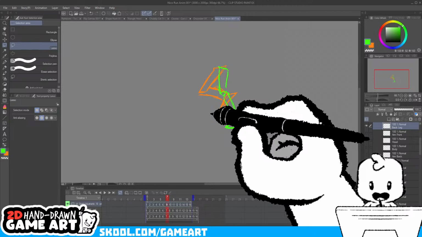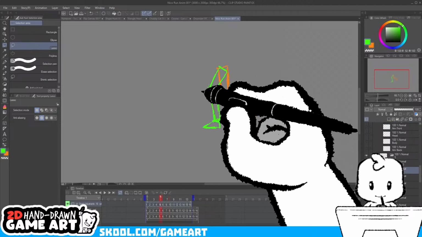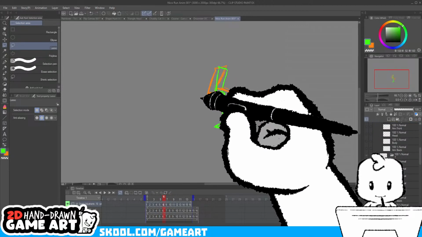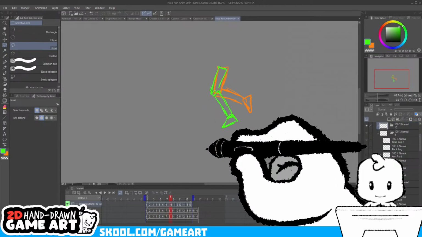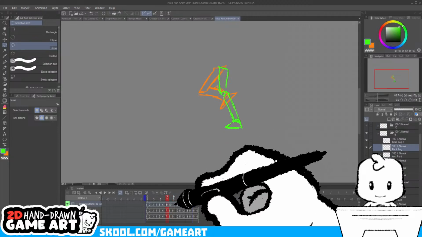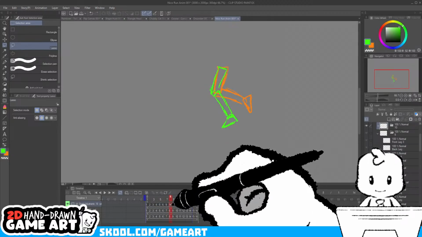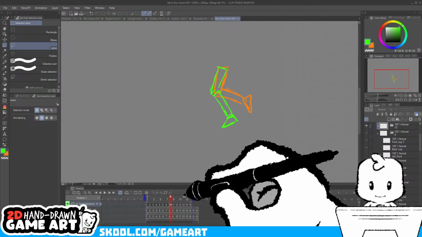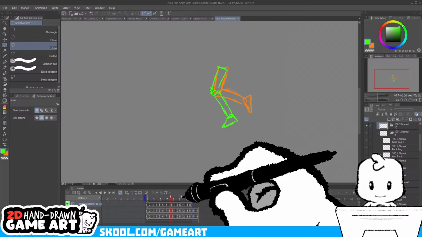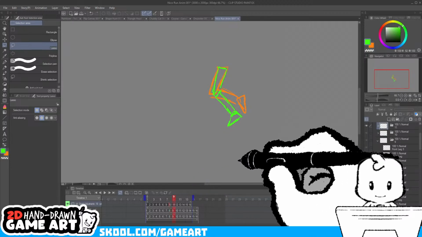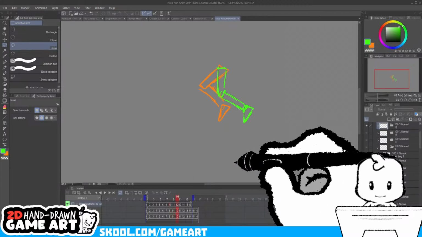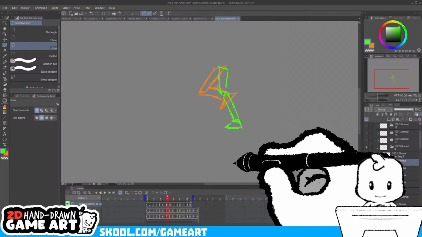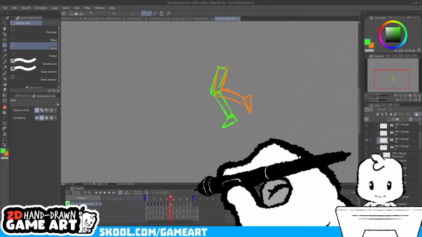Yeah, the timing, the spacing is definitely off. So you want to adjust it so it feels more natural. We can also get rid of, actually we can't really get rid of this frame fully. Can we actually? We might be able to get rid of this.